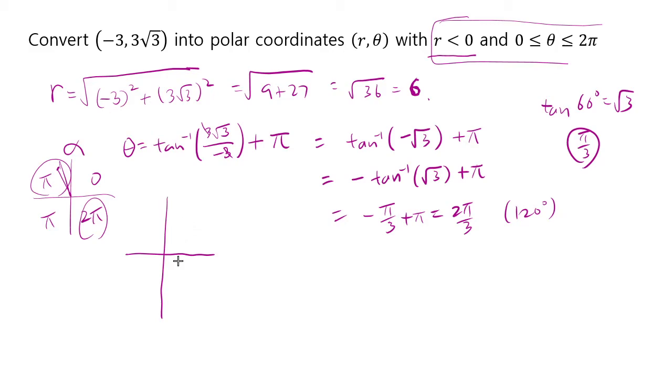What you need to do is go 120 degrees and go 6 steps to get to this (-3, 3√3). So this would be 6 steps. However, how would you make r negative? Well, here's the idea. Instead of going to 120, try to go to negative 60, which is like